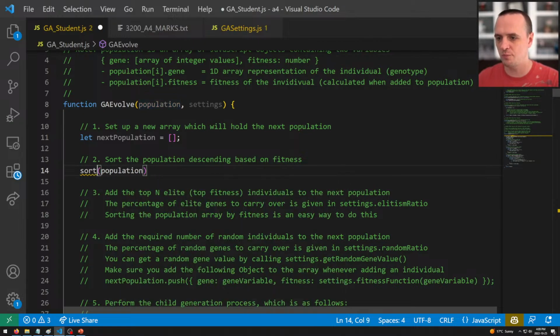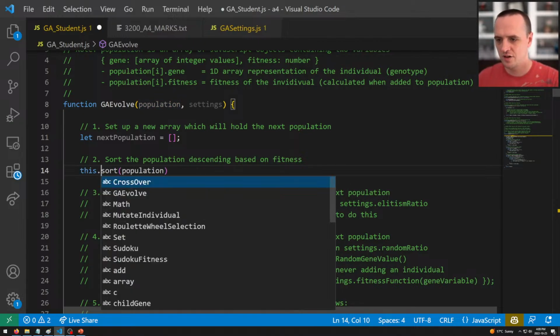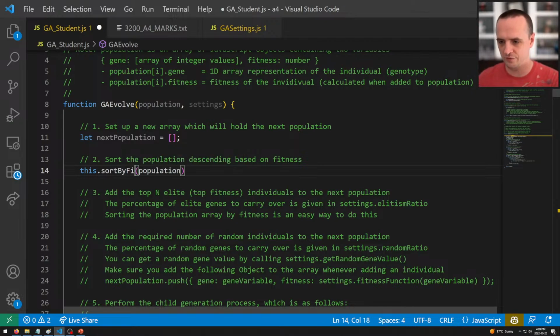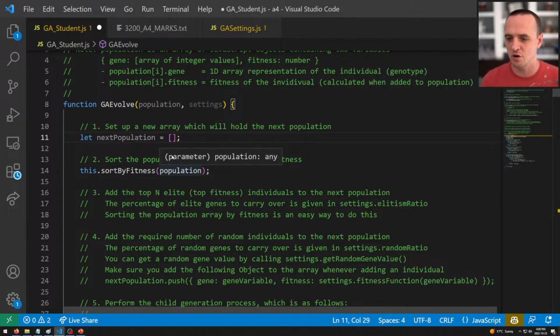Okay, so if you come up with another function and you have this dot sort by fitness, if you want to sort the population, that's what you can do. I didn't include this function skeleton because this is not a required step, but it's a very, very useful step. All right, so let's pretend that you've done that and now your population is